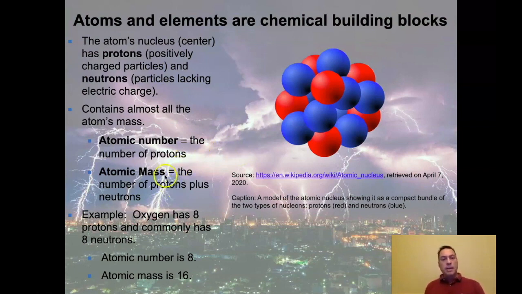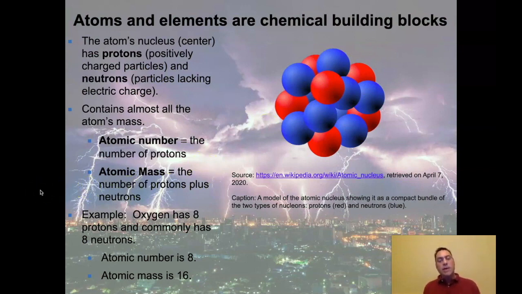The atomic mass is the number of protons plus neutrons. So that gives us the entire mass of the whole thing. And what we're going to do is we can come through and we can add them all up. And it looks like there's some neutrons that are artistically being hidden, so we're not going to go through that exercise. But you get the idea.